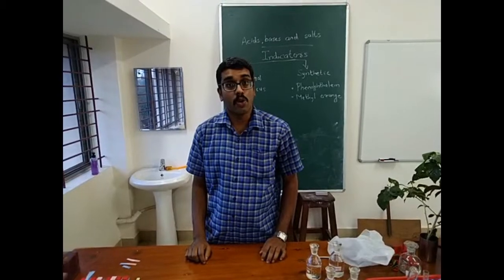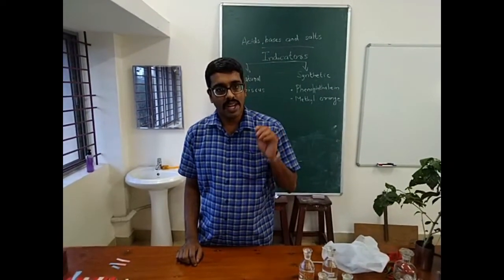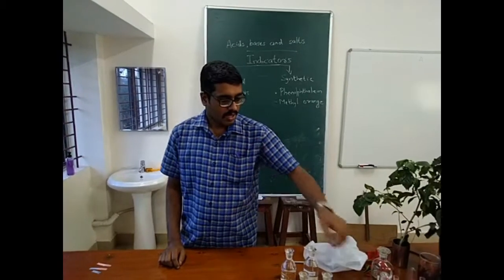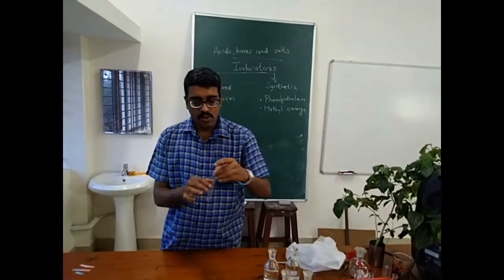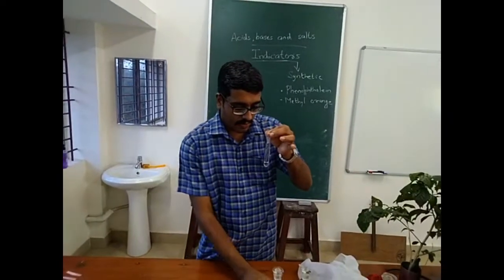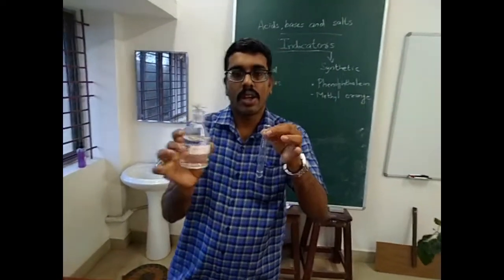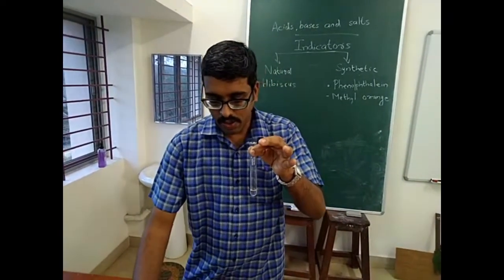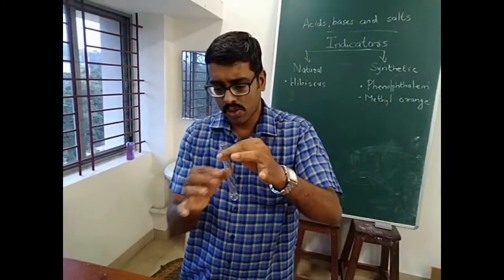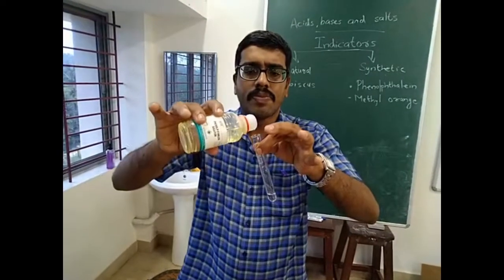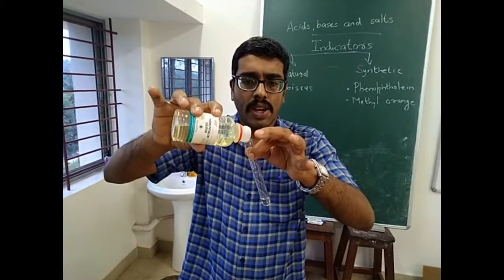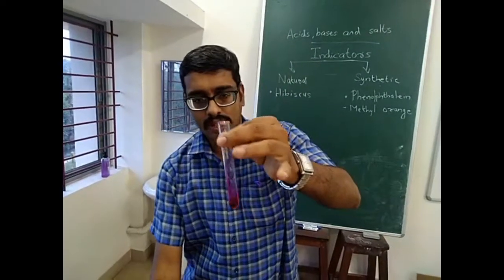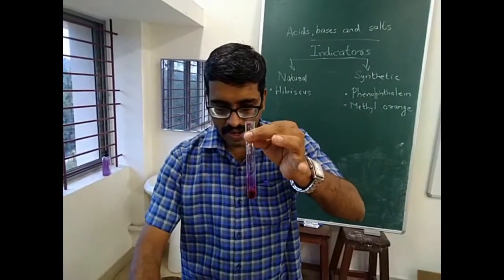Next video is about neutralization reaction. You know, when an acid reacts with a base, it gives salt and water. So I am having a test tube containing 5 ml of dilute KOH solution, which is a base. I am going to pour 2-3 drops of phenolphthalein into it. So as you know, which color will come? The solution will appear pink in color. Yeah, you can see pink coloration is very evident.